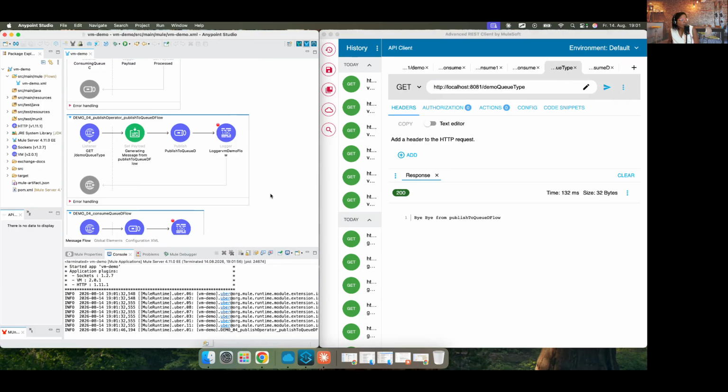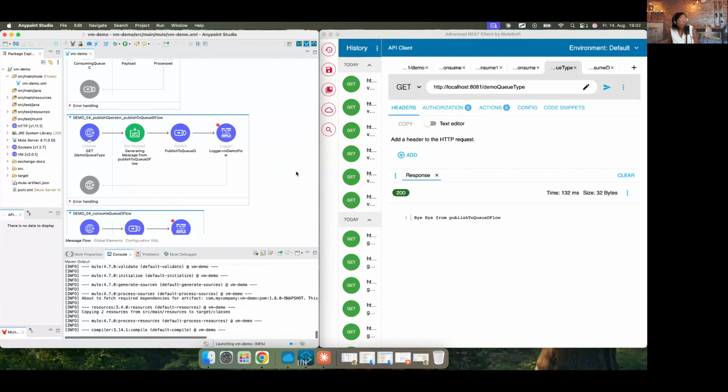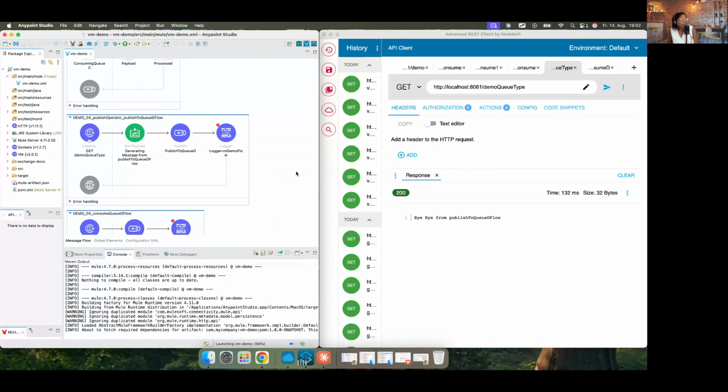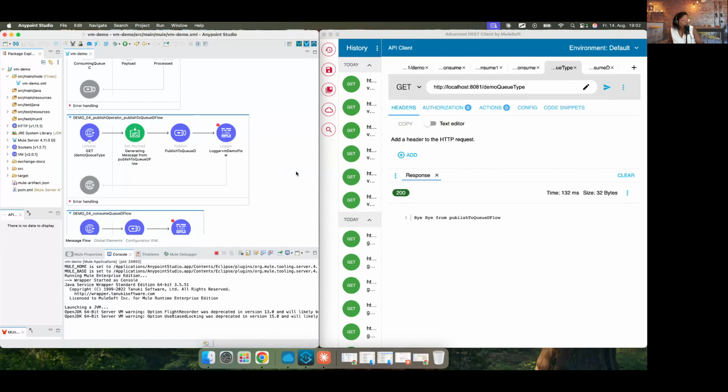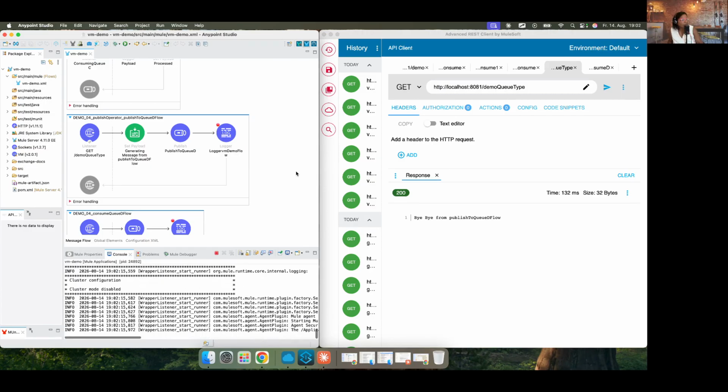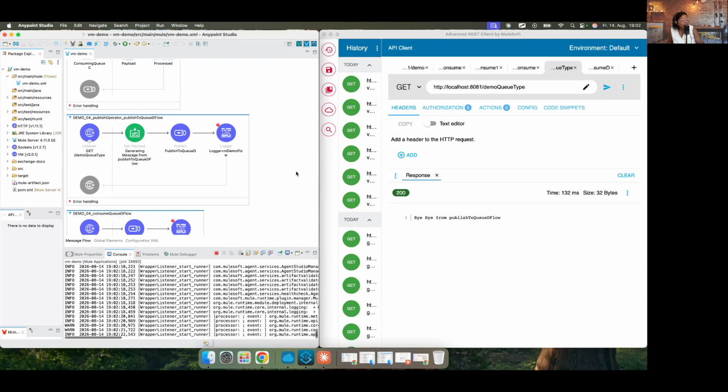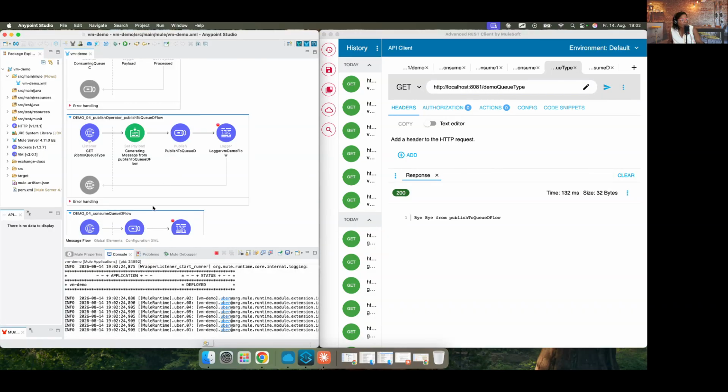So let us wait a bit. I will run the application. I will run my project again. Because at the moment, there is a message that has been published to QD. Remember, I'm working now with a persistent queue. So I expect now, after I restart the application, to be able to access the information available in QD.